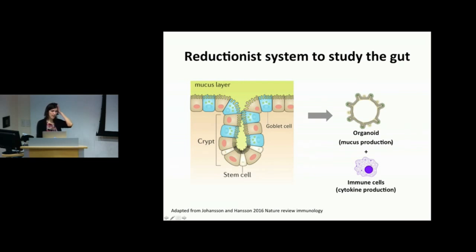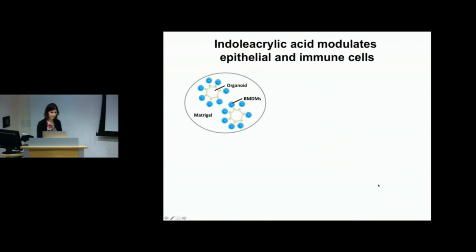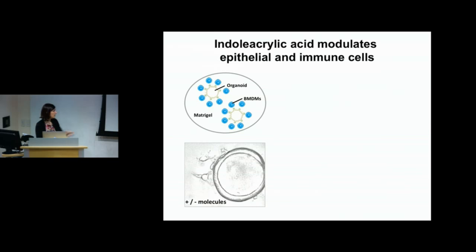So here we've got epithelial cells in these organoids. These are differentiated cells where we've got stem cells and cells that can produce mucus, which are these goblet cells, as well as other epithelial cells. And we co-culture them with immune cells, which allow us to monitor an inflammation level. And so in this co-culture system, we can add our molecules that we're interested in, and we can measure